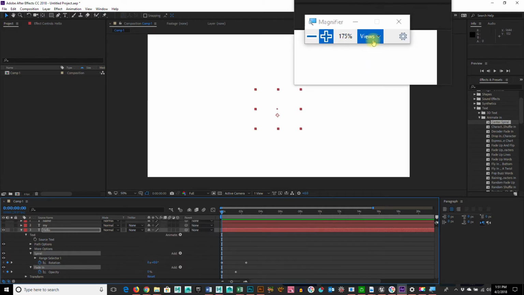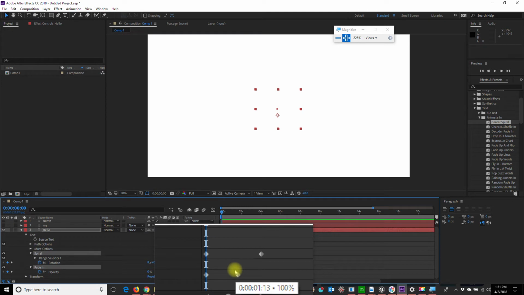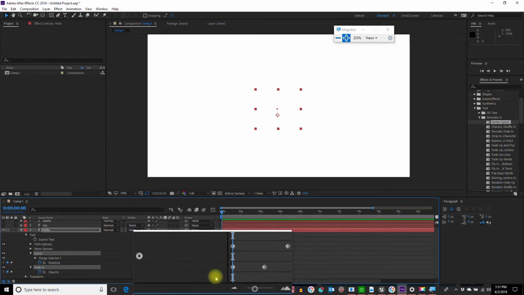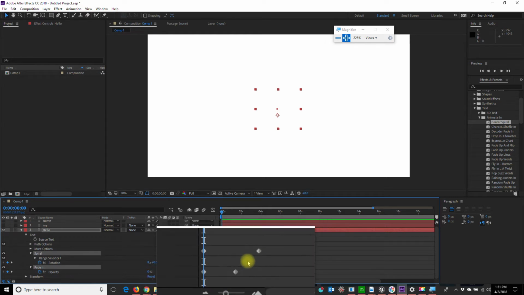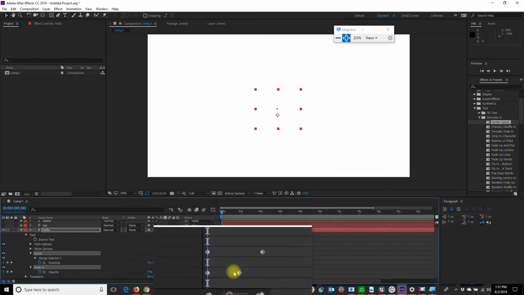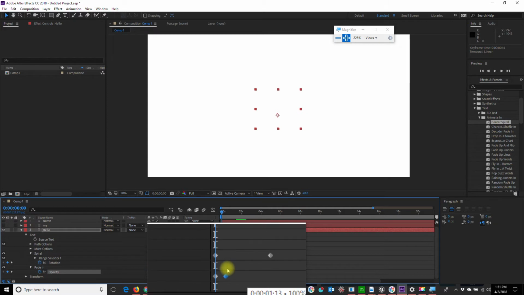So what we could see, let me zoom in a little bit, down here is that there's a starting keyframe and an ending keyframe, a starting keyframe and an ending keyframe of these. And we want to tighten that up. So on the opacity, if I put my cursor over it, you see it takes a whole second for it to transition. I'm going to select that and move it inward,